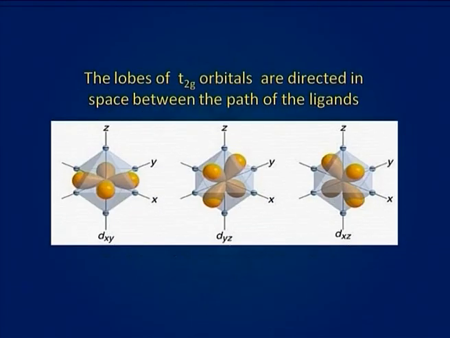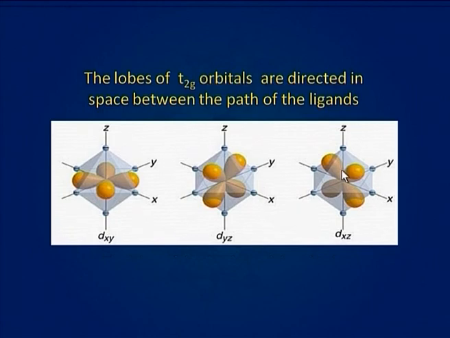And the lobes of dxy, dyz and dxz orbitals point between the charges or ligands. In dxy, the lobes of the orbitals point in between these two ligands. The lobes of dyz orbitals are pointing in between these ligands